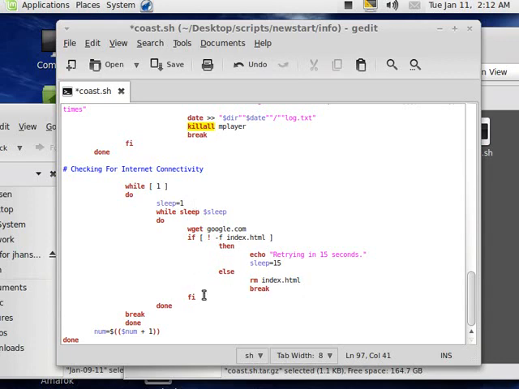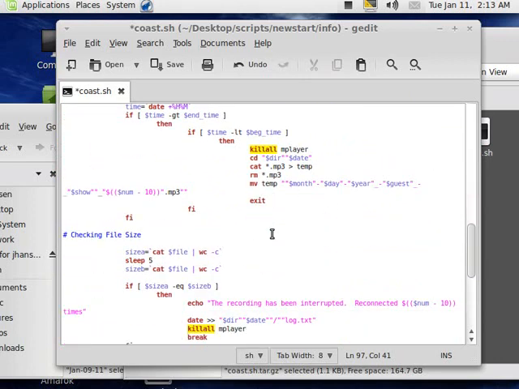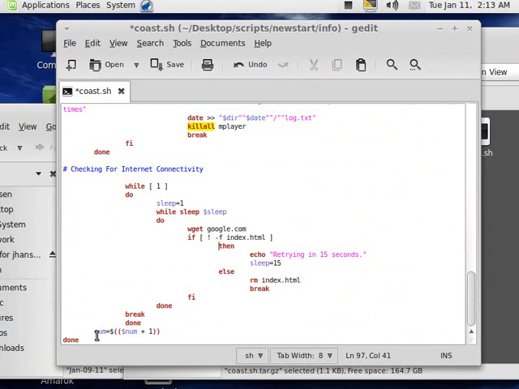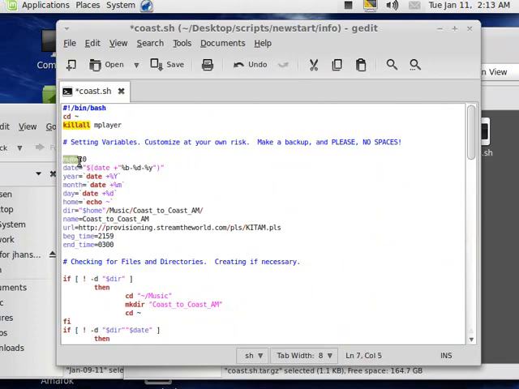It'll keep doing that over and over until it realizes that there's an index.html that will confirm that there's an internet connection available, and then it will start the whole process over again. And so this is where the num comes in. So a numbered MP3 file, it will add 1 to the num variable, and it starts out at 10, because for some reason,